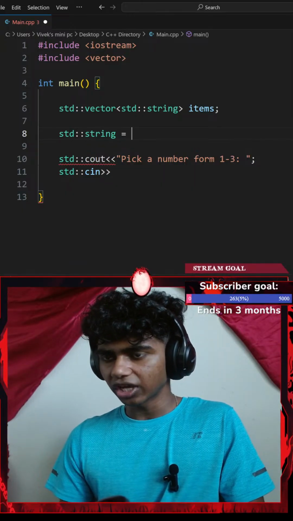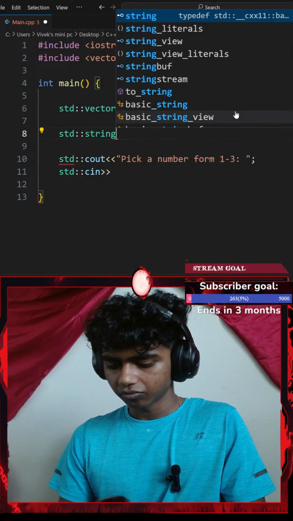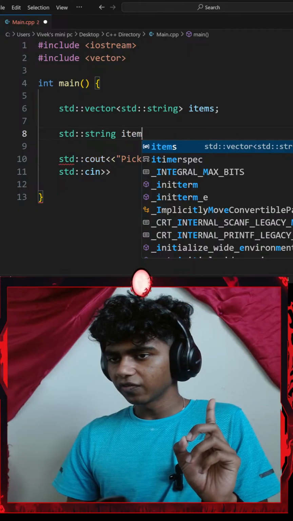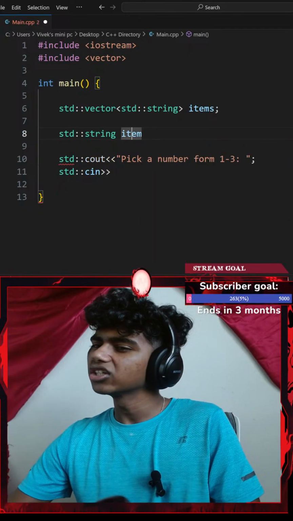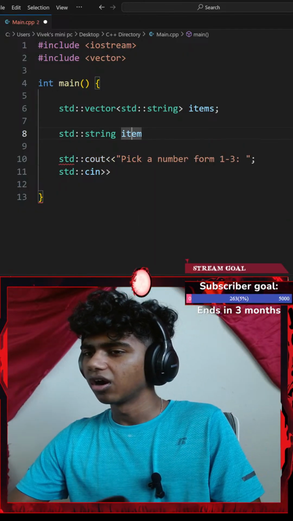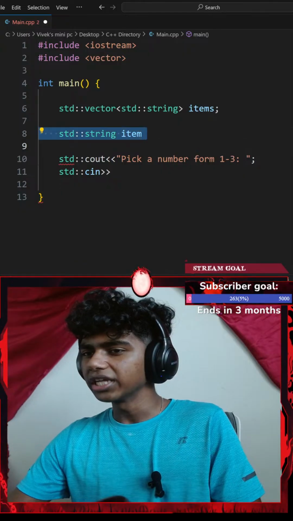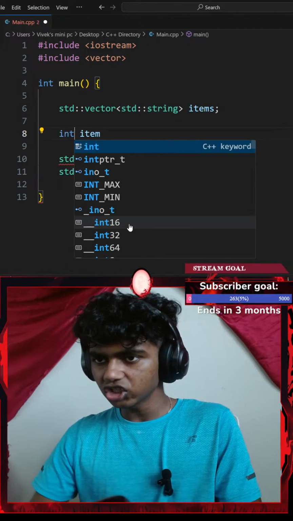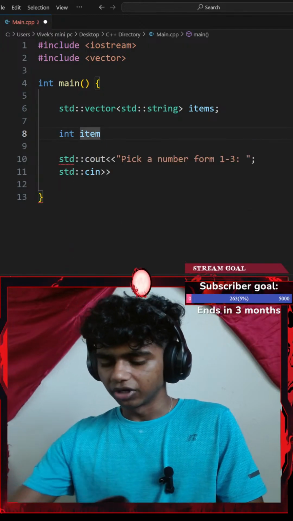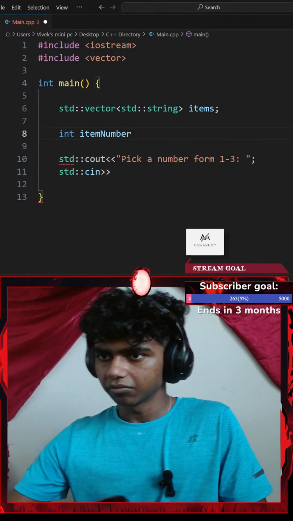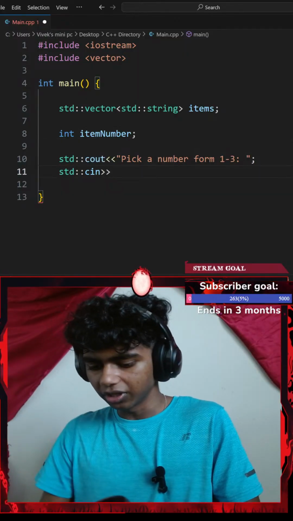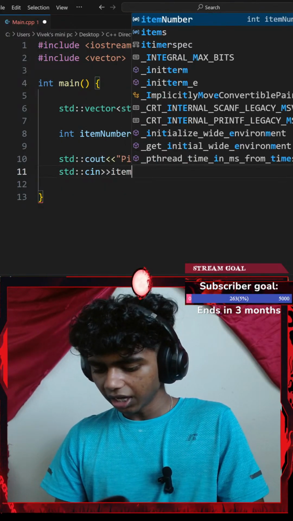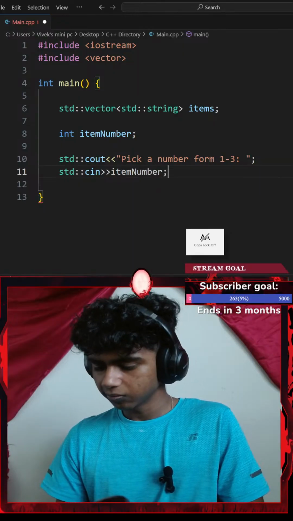So standard string of item. Wait, I could go with something like number. Honestly, let's go with an integer. So I'll go with an integer of item number. I'll end that with a semicolon, and then let me add my item number here.